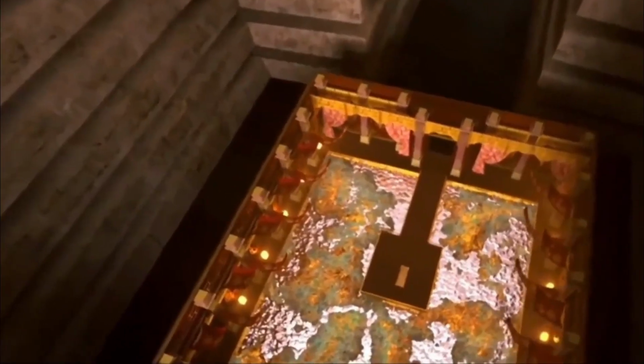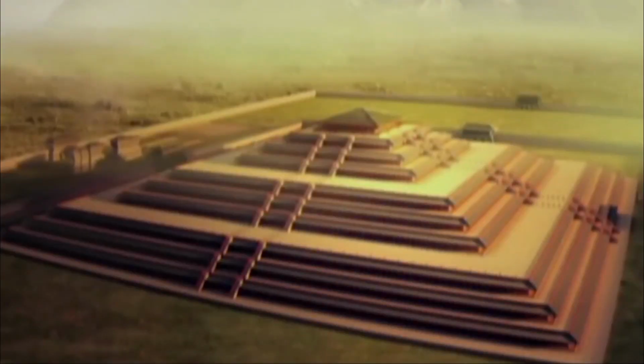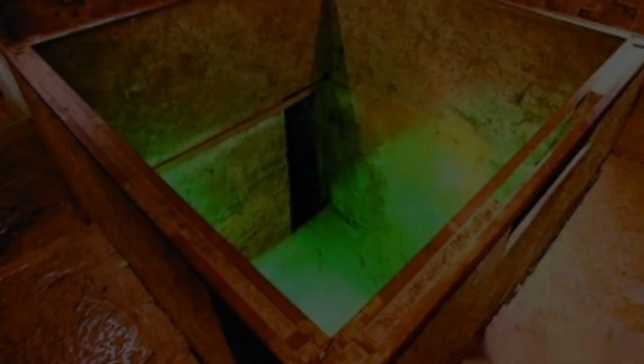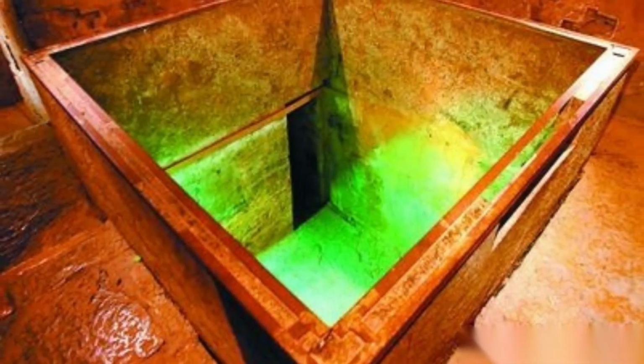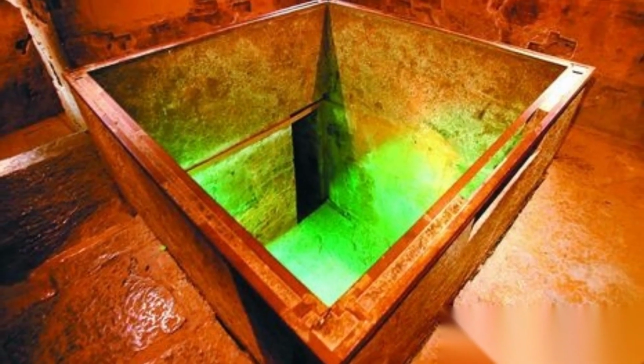Because this heavy metal has bactericidal and preservative properties, and the abundant mercury vapor in the burial chamber can help preserve the body and accompanying items for a long time, preventing decay. Additionally, mercury is highly toxic, and exposure to such a massive amount of mercury would quickly lead to mercury poisoning. Therefore, to a large extent, the mercury served as a deterrent against tomb raiders, protecting the tranquility of the tomb